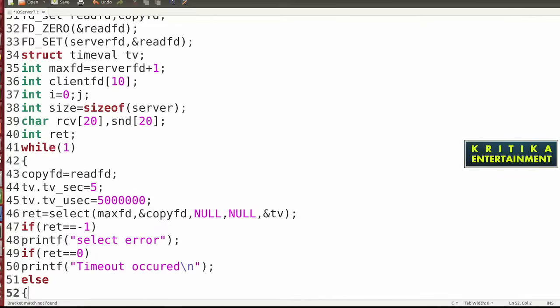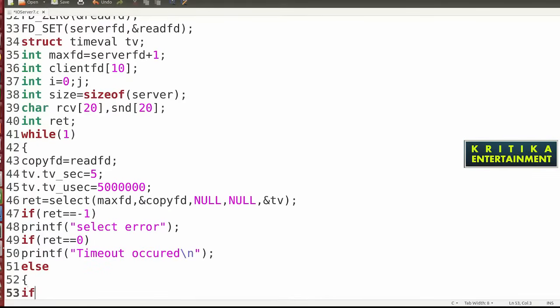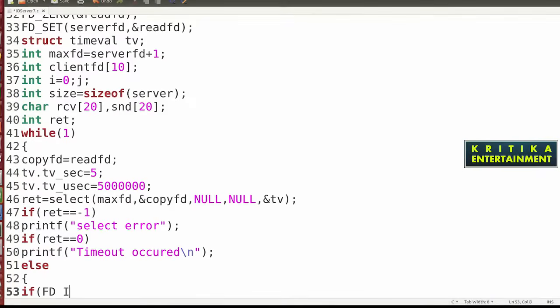Then we write the else part. Now if FD_ISSET, fd is set, the server fd, then ampersand copy fd.